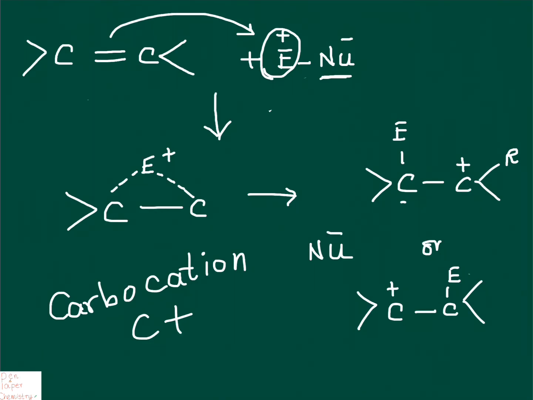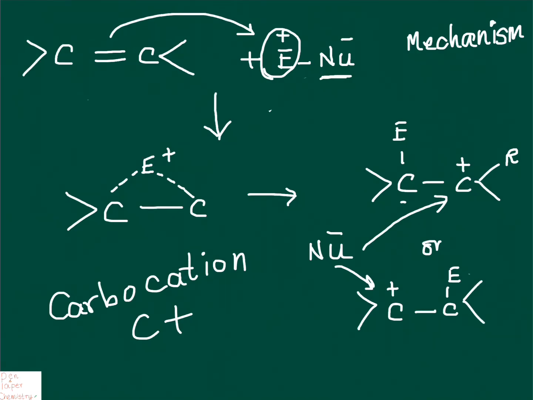Nucleophile is nucleus loving. That means something which has affinity for positive charge. So the nucleophile can attack here, or the nucleophile can attack at the first carbon, depending upon what the intermediate is. We shall be talking about this intermediate further on. So if you notice in this mechanism, what is happening is, the electrophile attacks the double bond first, correct?